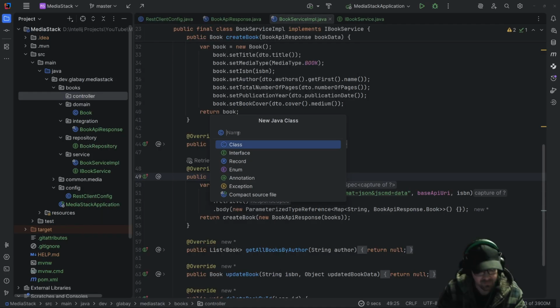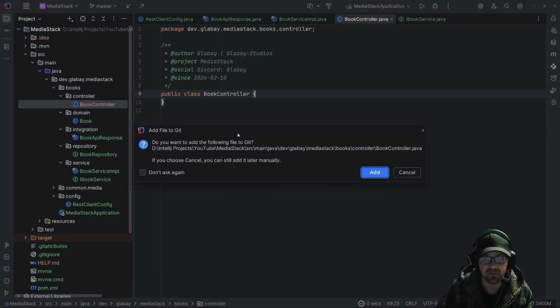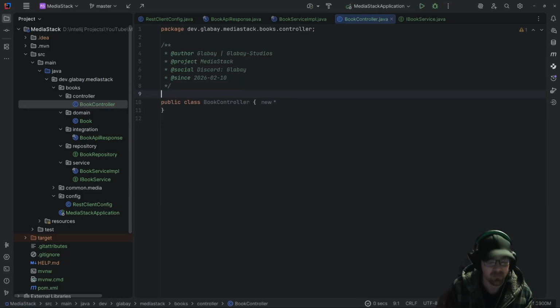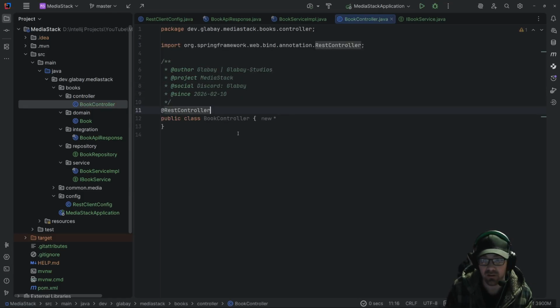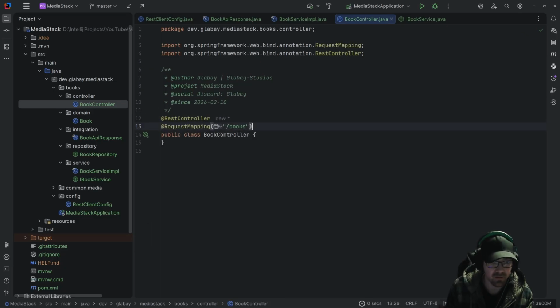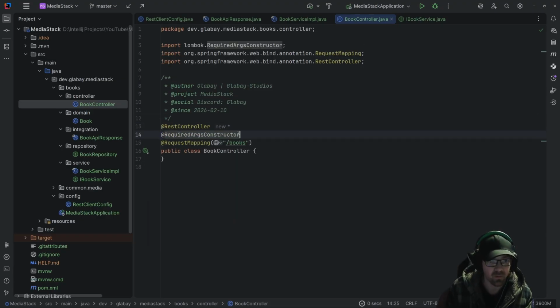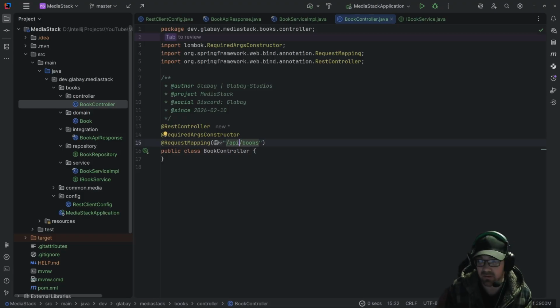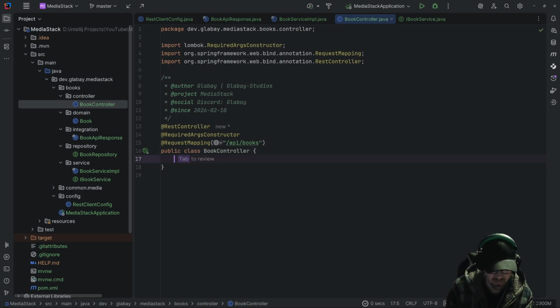This one is a book controller. So this is going to be annotated as a REST controller. I'm also going to have this as required args, and this is going slash books here with private